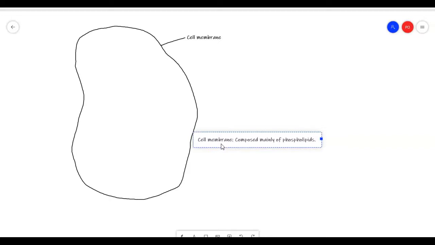We're going to learn way more about these later, but the cell membrane separates the internal and external environments of the cell, and it's really important for the transport of substances from inside the cell and out of the cell and vice versa. So main functions include